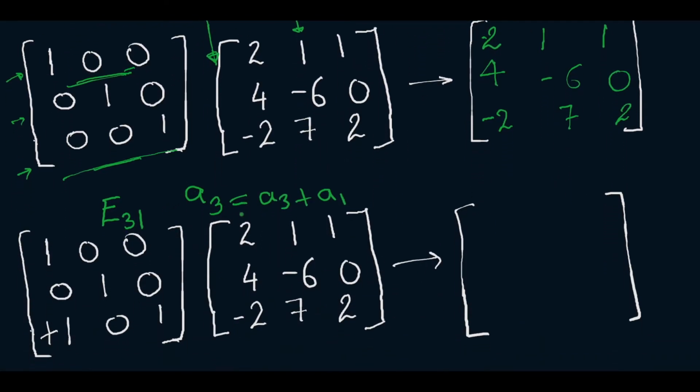Now our first operation was A3 equals A3 plus A1. So how can we write this in the form of an elimination matrix? This is the elimination matrix. We have not changed anything in row 1 and row 2. What we have done is change row 3. Row 3 was changed to A3 plus A1, so whatever the coefficient of A1 is, we write it here. Now we will do the matrix multiplication here, so the matrix that we get is